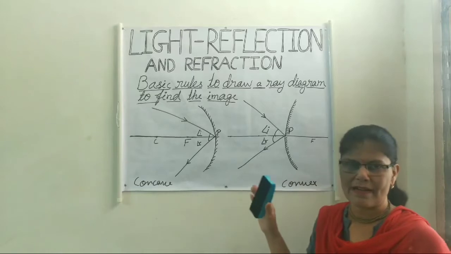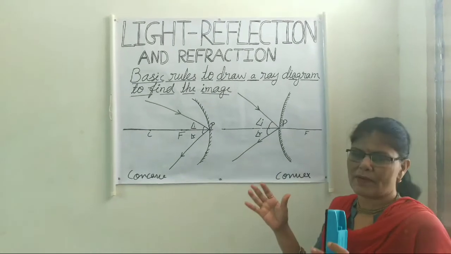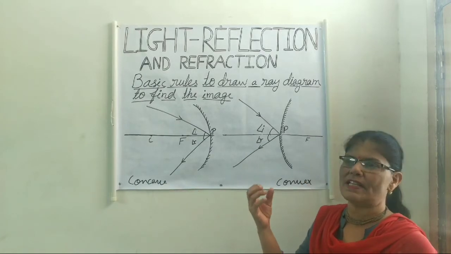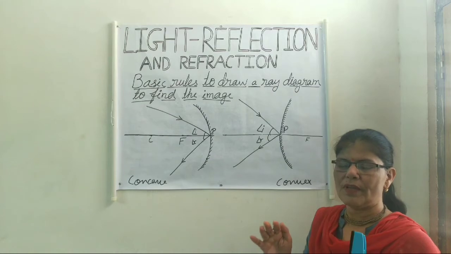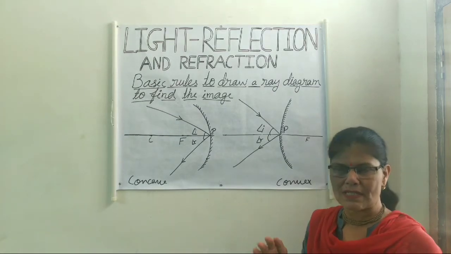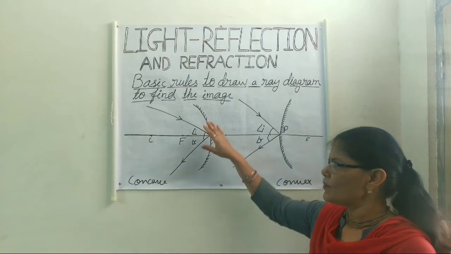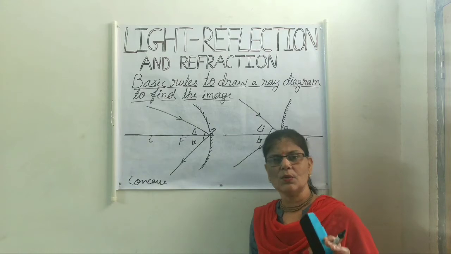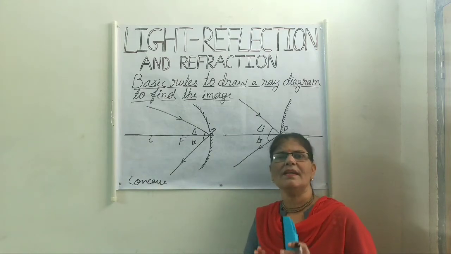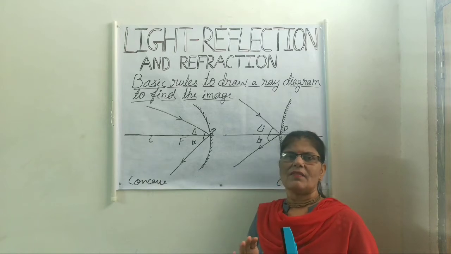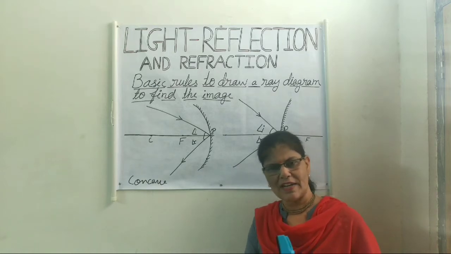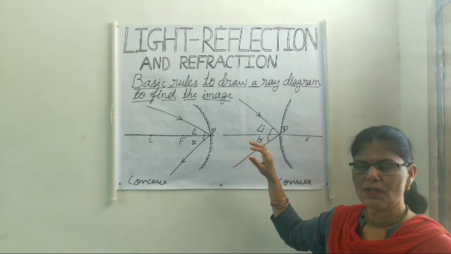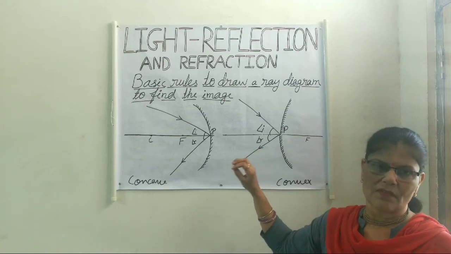Actually we are having a lot of rays coming from a source, from the object, but it will create a lot of confusion. So we don't have to consider so many rays. We have to consider only 2 rays at a time. We have to take any 2 rays at a time, and where the 2 reflecting rays intersect, that will be the image formation of the object. So for finding the image formation of the object, we consider any 2 rules at a time, and where the 2 reflecting rays intersect, that will be our image formation.